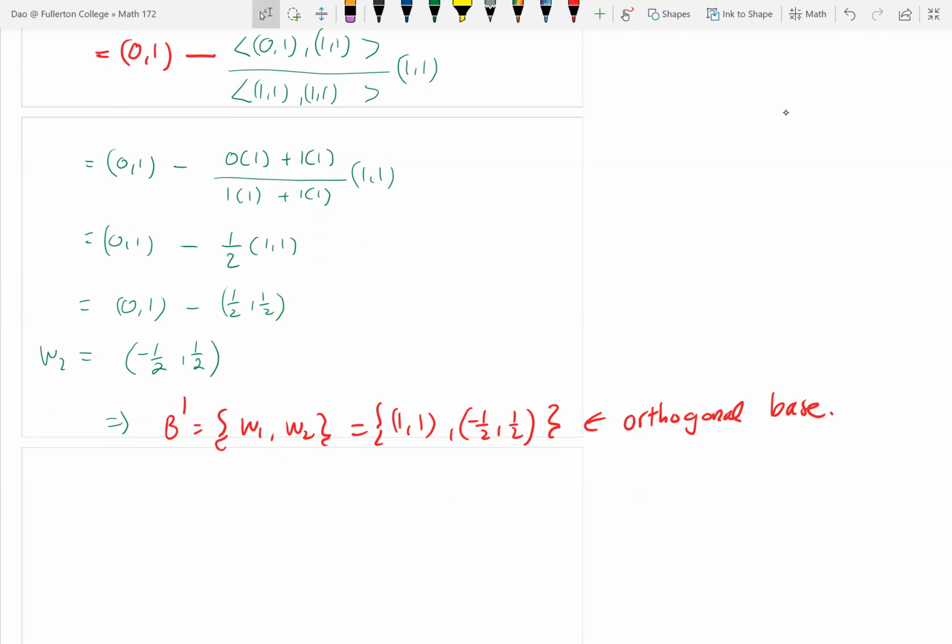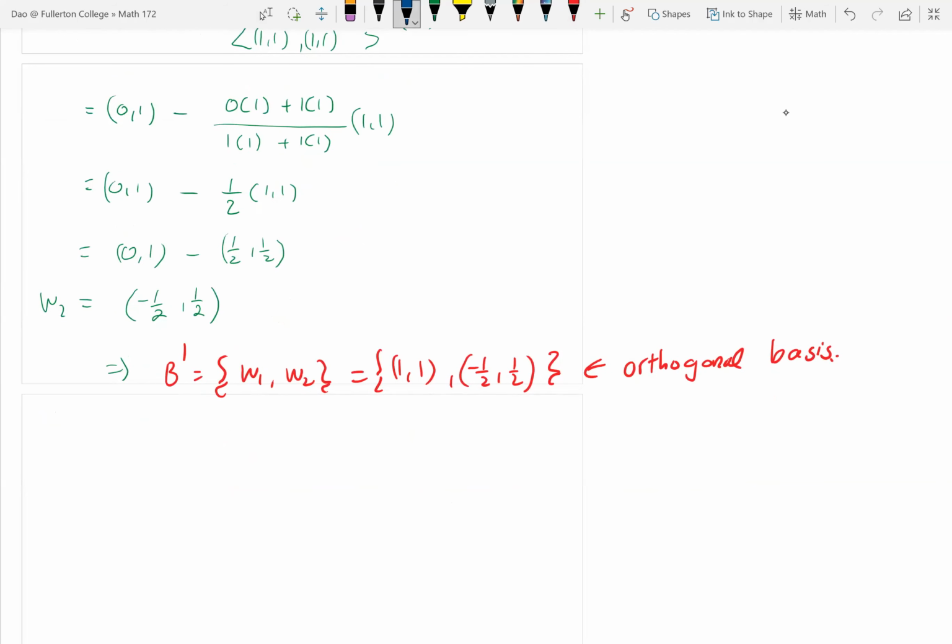All right, orthogonal basics. Now when you do U1, which is W1 over the magnitude of W1, this is (1, 1) divided by radical 2, so we get 1 over rad 2 and then 1 over rad 2. And then U2 will be W2 over the magnitude of W2, which is (negative 1/2, 1/2)